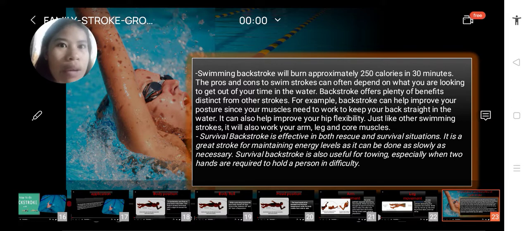So, ang backstroke style is important siya for survival as in effective siya in both rescue and survival situations. It is a great stroke for maintaining energy levels as it can be done as slowly as necessary. So, importante siya or magamit ang backstroke style sa pag-rescue. Survival backstroke is also useful for towing, pagbira, especially when two hands are required to hold a person in difficulty.